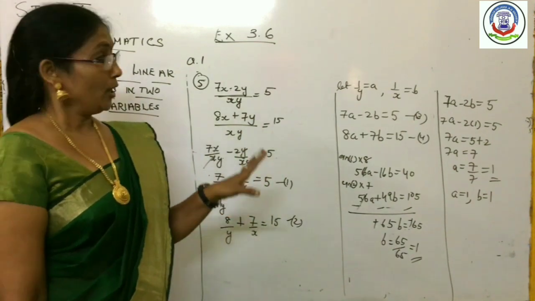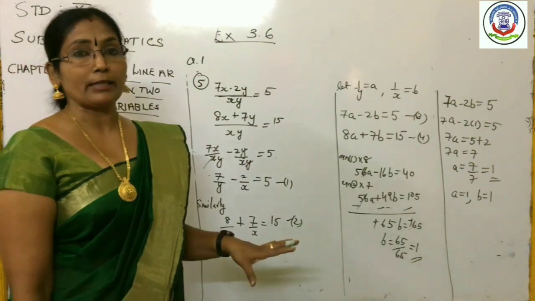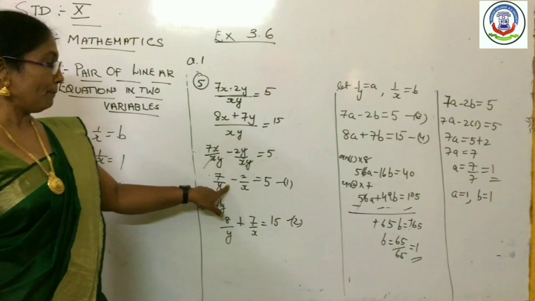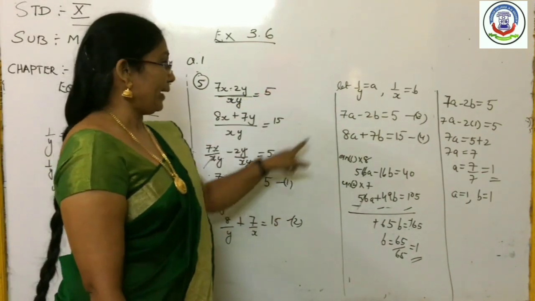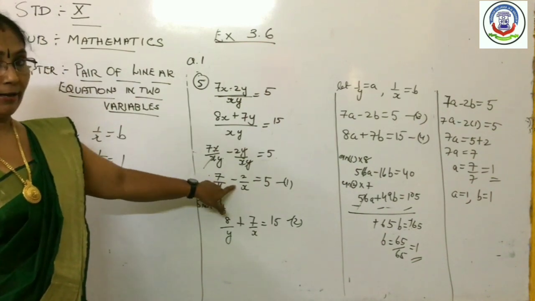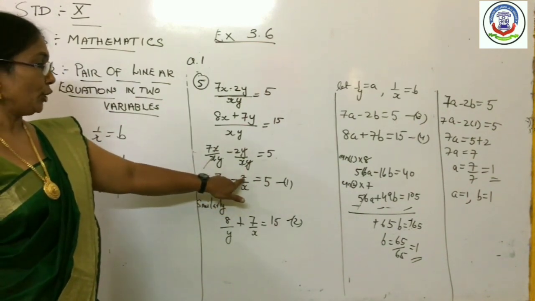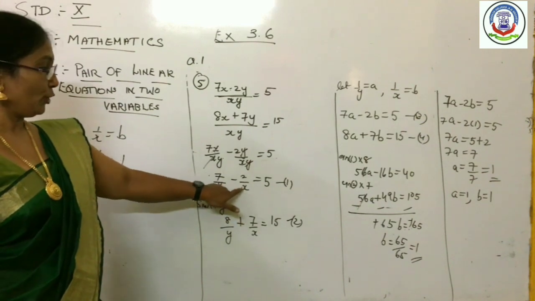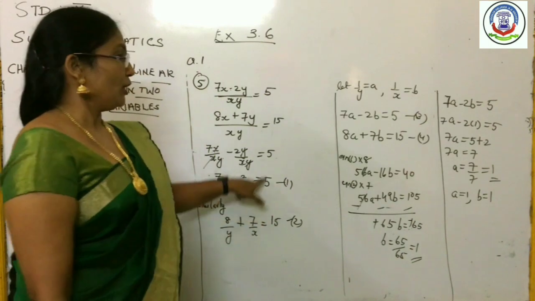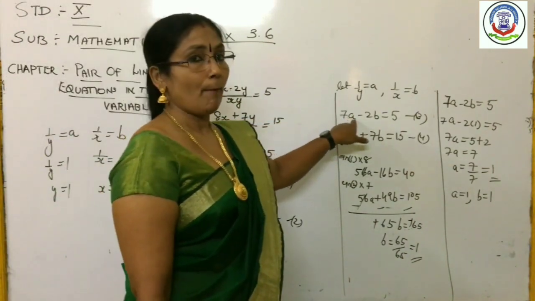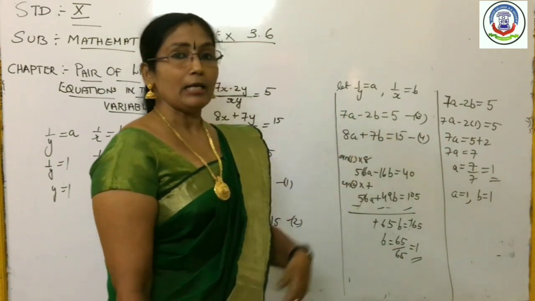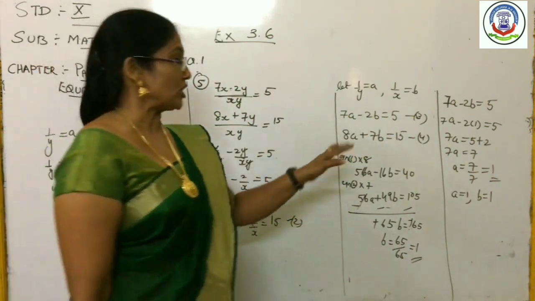We have to make a linear equation of two variables. For that we have to do some substitutions. What you are going to substitute here, that 1 by y is equal to a and 1 by x is equal to b. So when you are putting here 7 into 1 by y, that means 7a minus 2 into 1 by x, that means 2b is equal to 5. This equation 1 you have changed by making suitable substitution, and we have made it into a linear equation of other two variables. Which are the variables here?